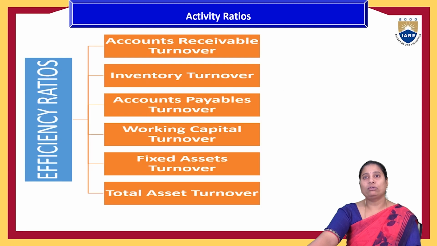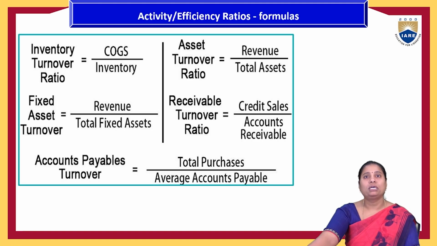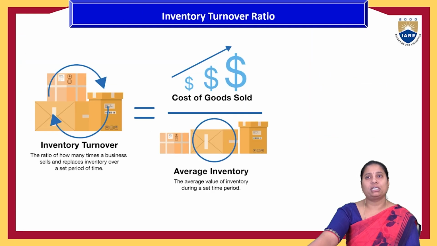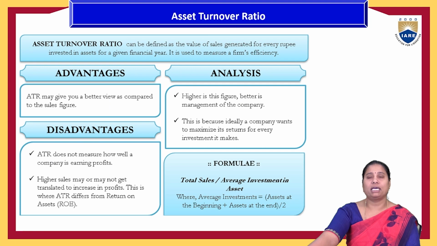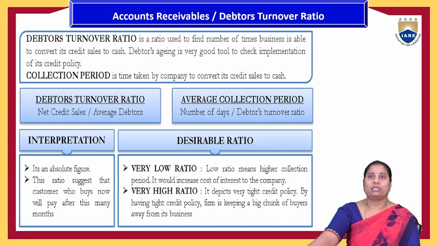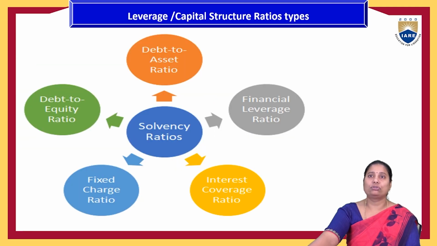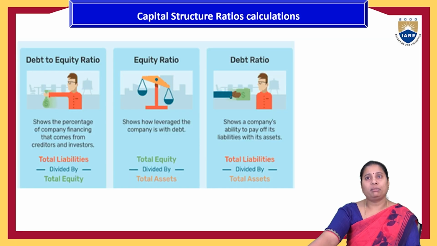Activity ratios include accounts receivable turnover ratio, inventory turnover, accounts payable turnover, working capital turnover, fixed assets turnover, and total assets turnover. Overall, with the total activities, how much return they have gained is calculated with the help of the assets turnover ratio. The next is the capital structure ratios, that is debt equity ratio, proprietary ratio, and interest coverage ratio, which are calculated